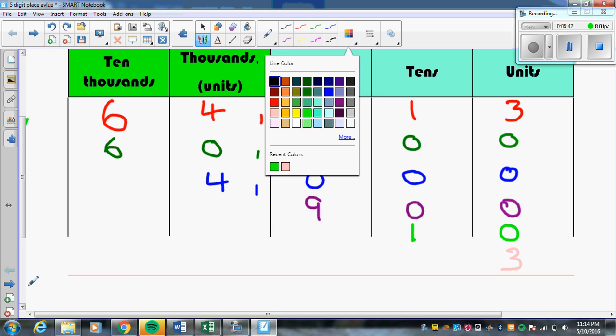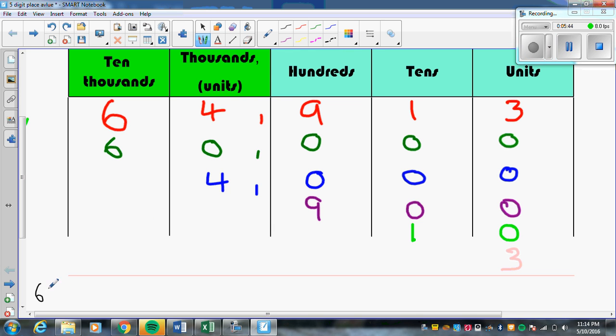So we could say 60,000 plus 4,000 plus 900 plus 10 plus 3. And that's our expanded form, okay, of that particular number,